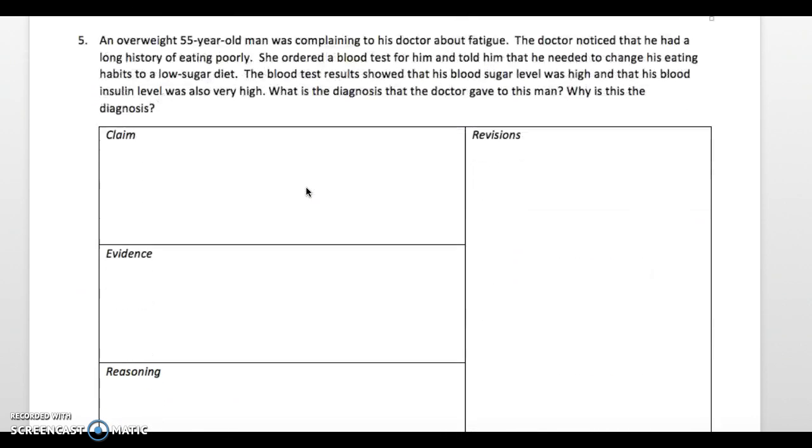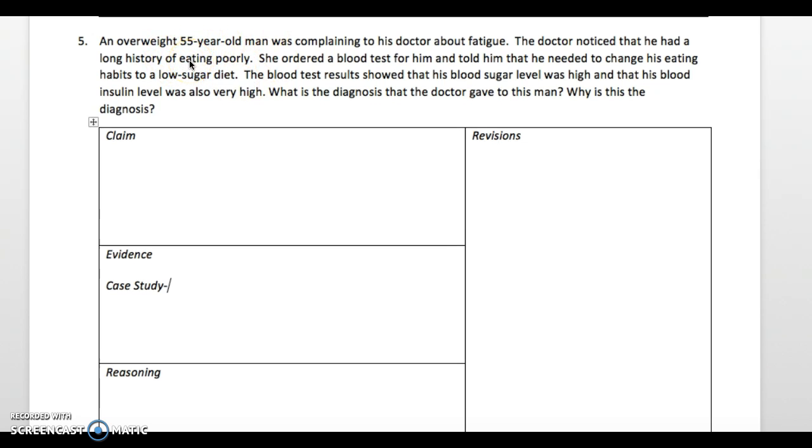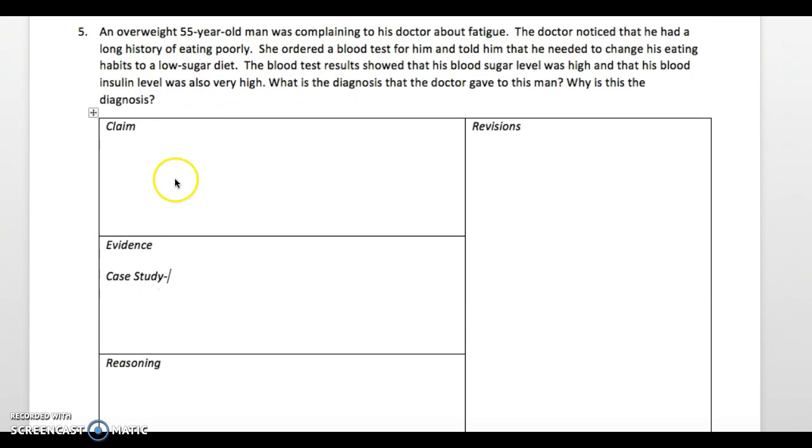Now 5, we're thinking about diabetes now. So we're looking at our case study. And what did our case study say about diabetes? We have a 55-year-old man. He's explained some of his symptoms. We are looking at some blood tests. So we need to figure out how we're going to diagnose this person and how we know how to diagnose this person. So I might look back at the case study